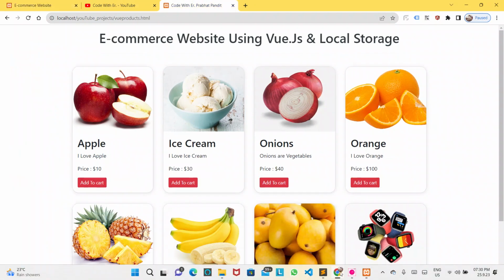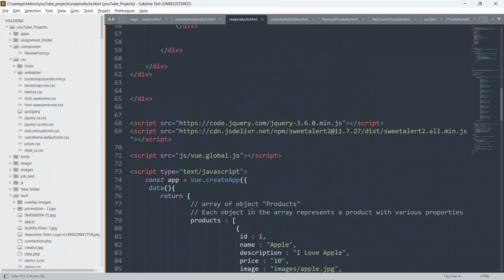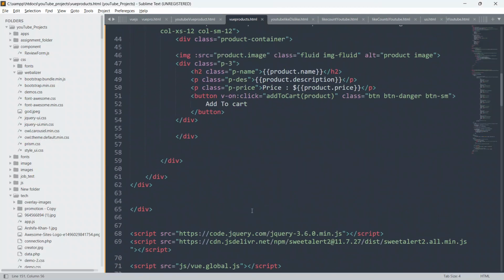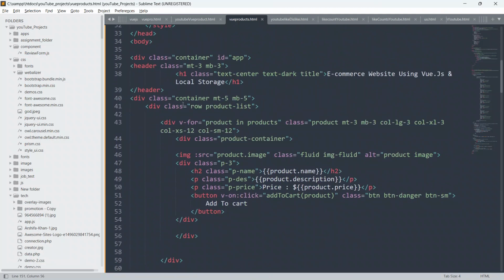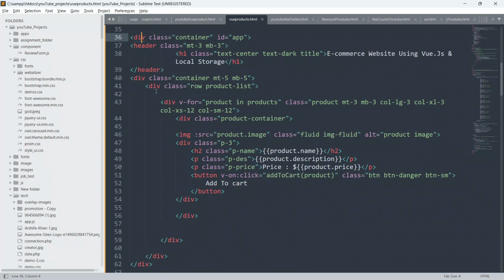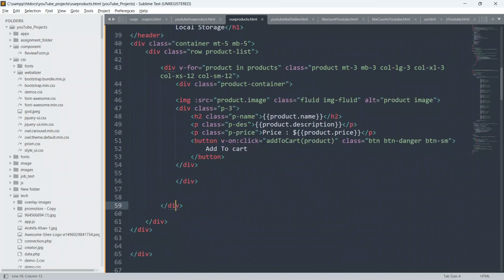So just go to the code editor again, and go on the top, and guys, below this we have to create our HTML part again. So yeah, where is the app? So this is the app, and container, row, product container, and inside this we have to create another div.